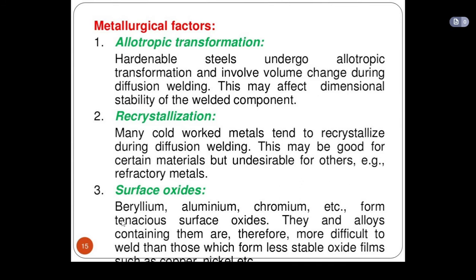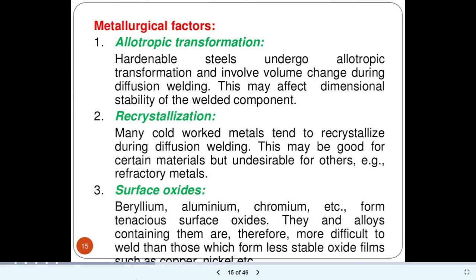And if we consider a base material which is made up of steel, and we want to join this, then in this case also we need to consider the temperature, pressure and the time. In the case of aluminum alloy, the temperature and pressure should be low as compared to the case of steel. So these factors also affect the metallurgical factors. This affects the weld process parameters.